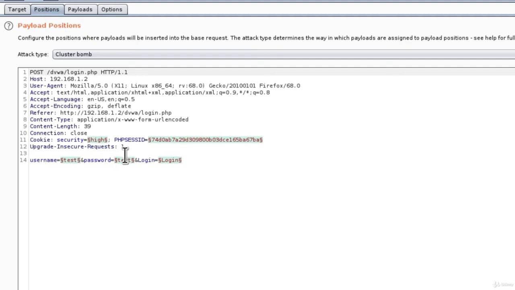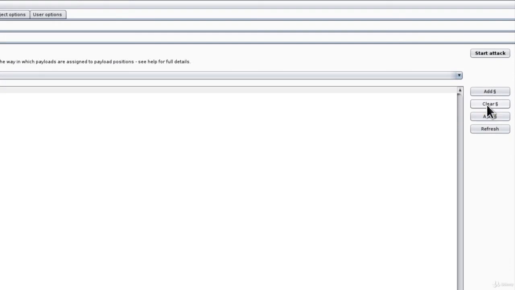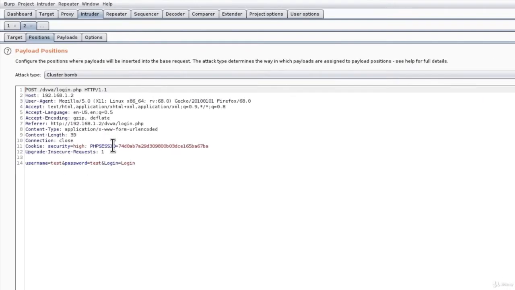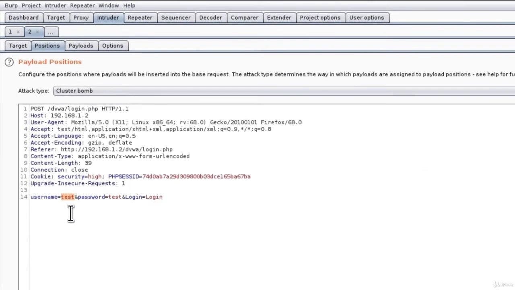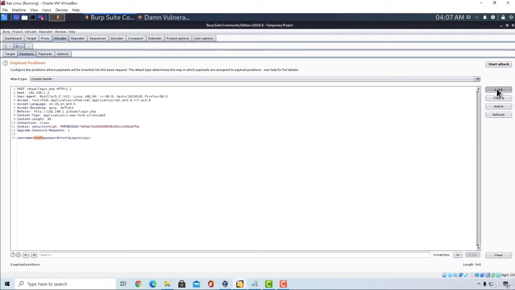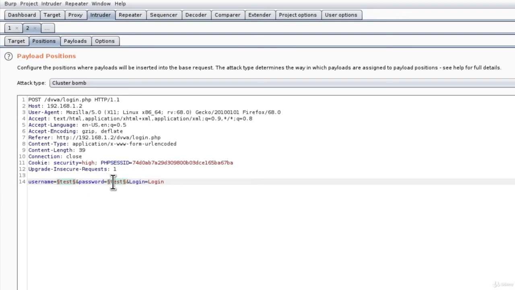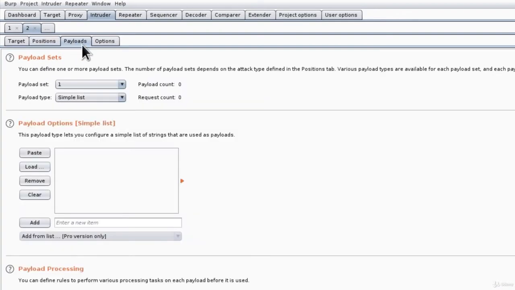We don't need all of them, we only need the username and password fields selected, so we can click on this clear button. It will unselect all of these fields, and then to select the fields that we want, we can just double click on the field. For example, username equals test. I double click on test, it will select it, then I click on add. I do the same for the password, select it right here, and click on add. This will select just username and password, and once we do that, we can navigate to the payloads tab,